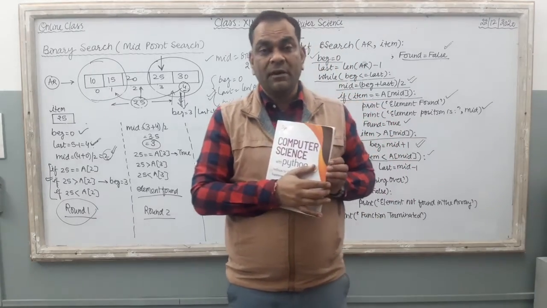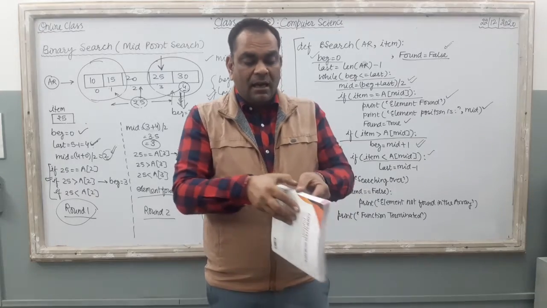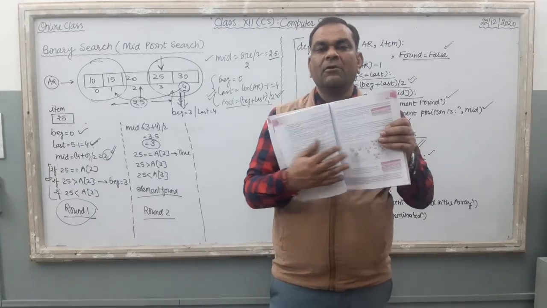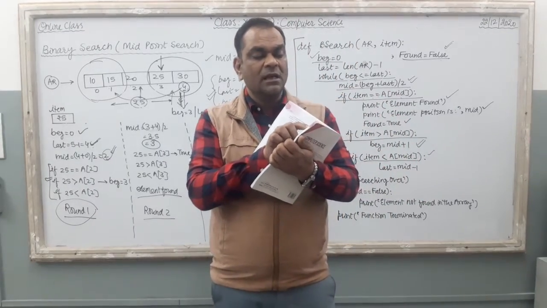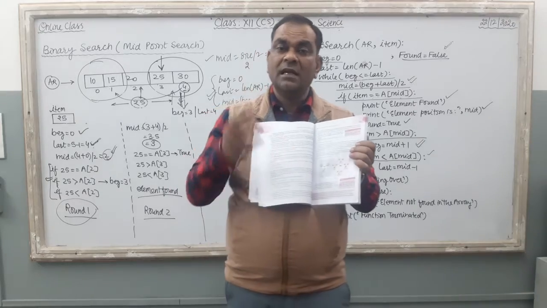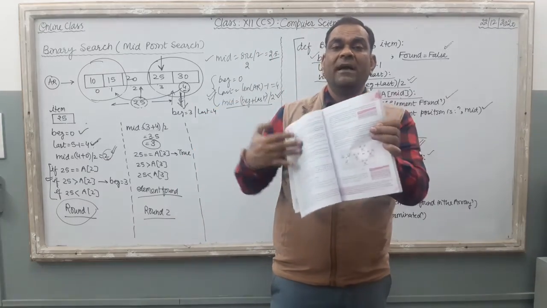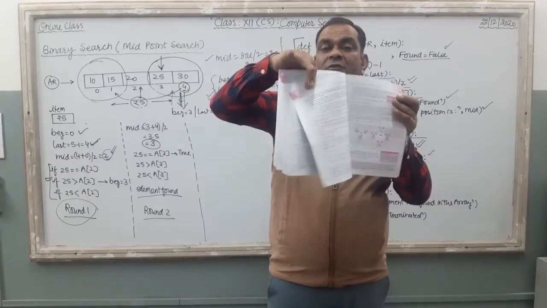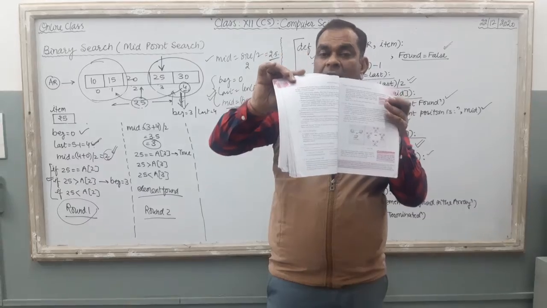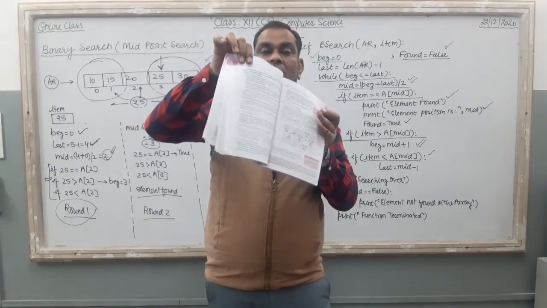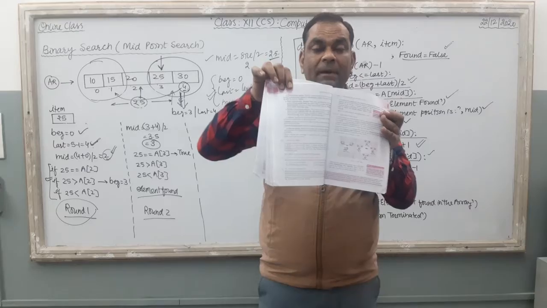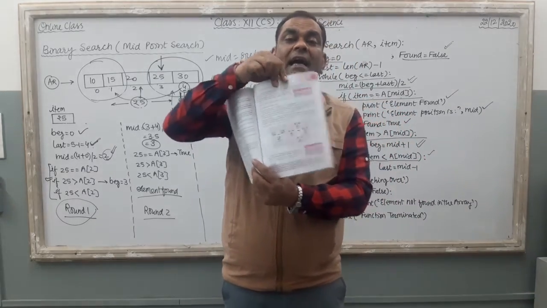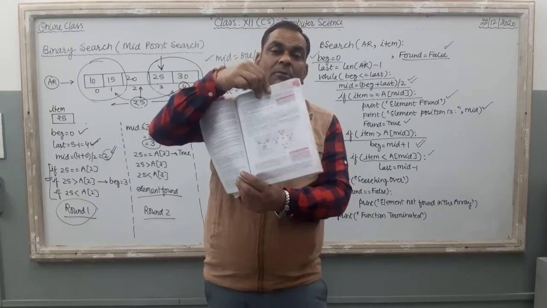What do I do? My first step is I take the approximate middle page of this book. I took an approximate middle page, and here suppose the number is 105. I want to search page number 130, so page 105 is in front of me. Now what do I do? This part is useless for me, pages 1 to 104 are there. My specific page number is 130, so I have to search for page 130 in that block only, in that part of the book only.